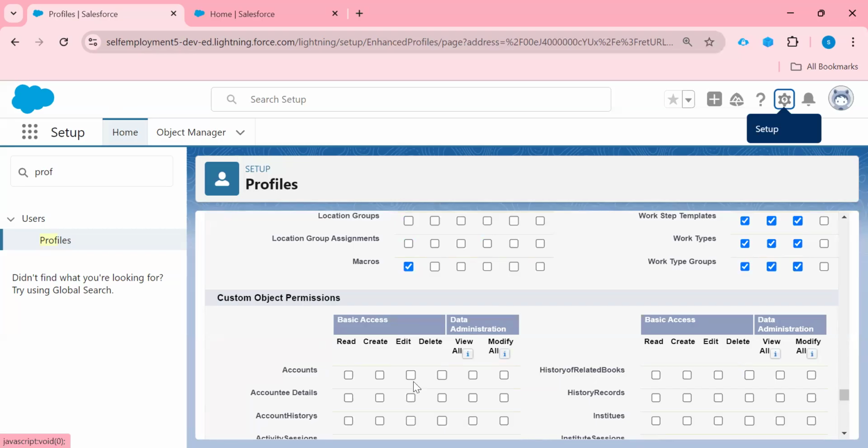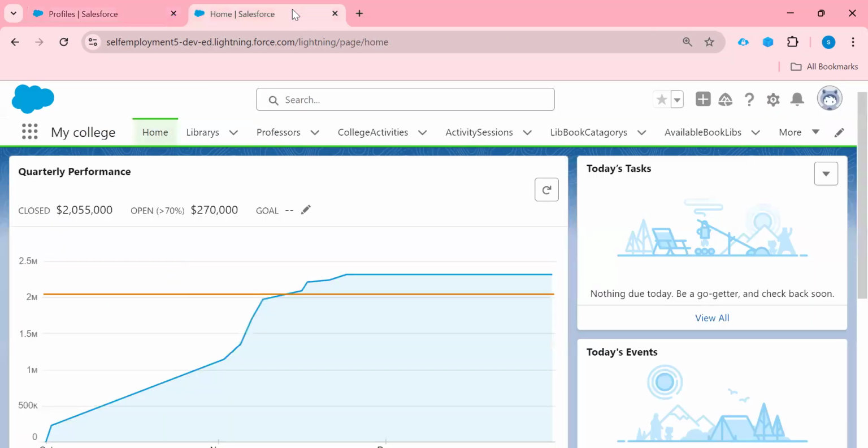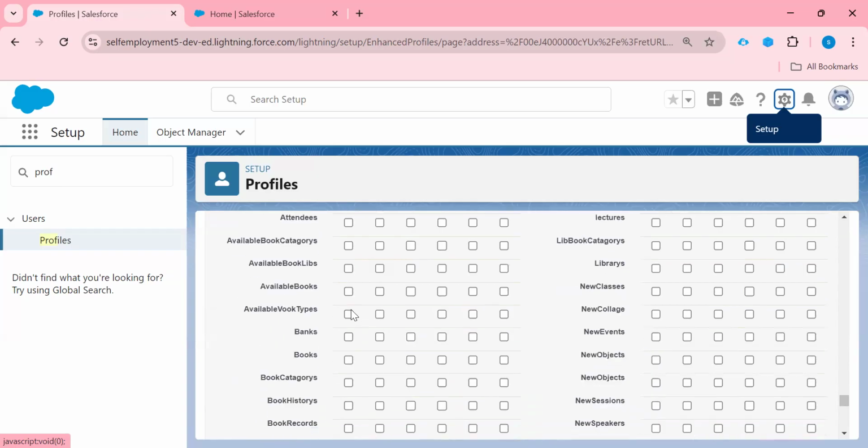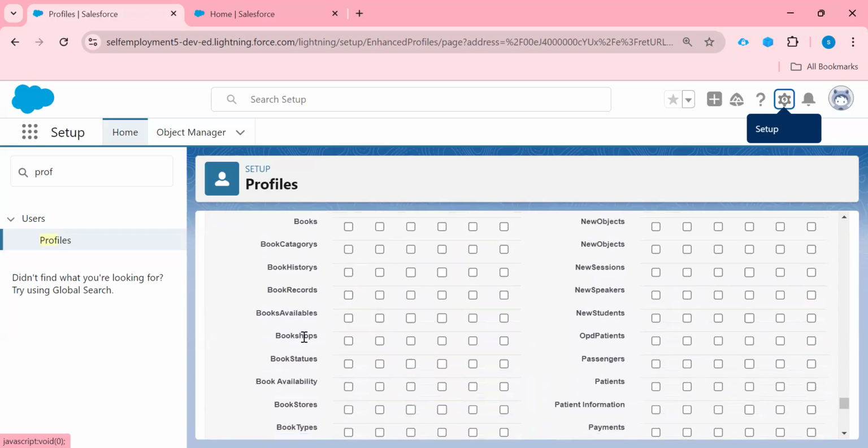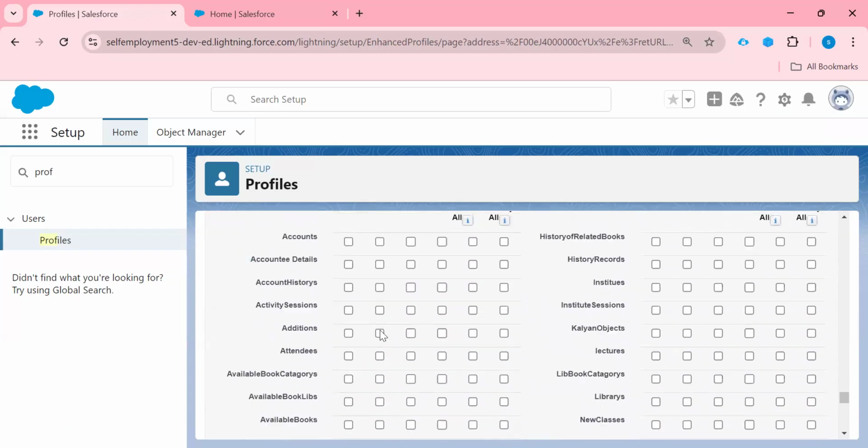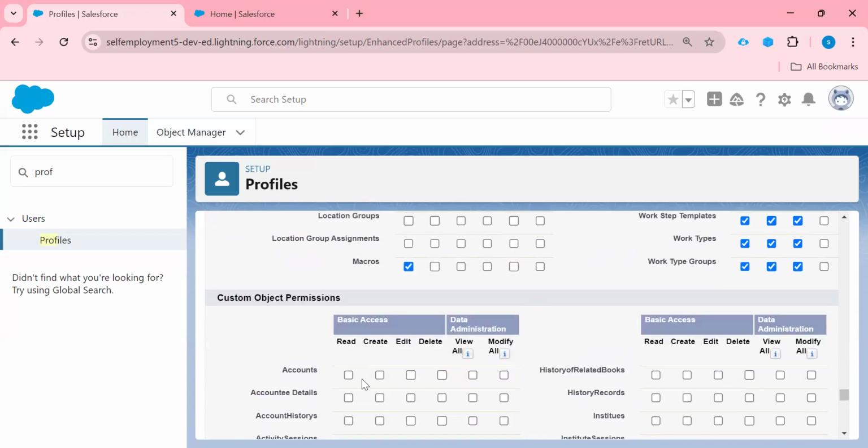So this is the CRUD: read, create, edit and delete, right? So which permission we want to set, we can give from here, right? So first of all, which object do we want to give permission to, that is bookshop, right? So where is the bookshop? Here, right? I'm going to give only read permission to this object, right?